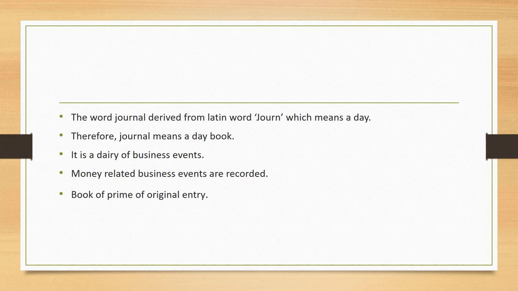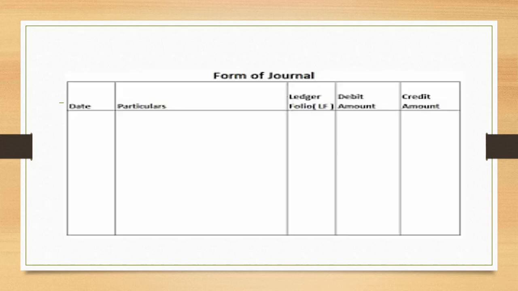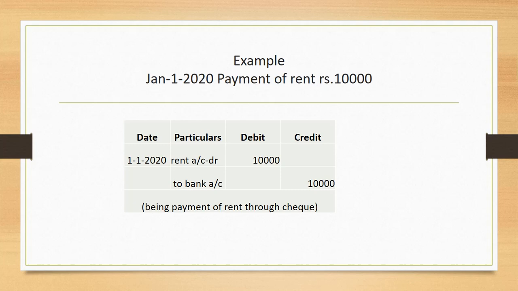It highlights the two accounts which are affected by the occurrence of the transaction, one of which is debited and the other is credited with an equal amount. A short note is given in support of each entry, which gives a brief description of the transaction, known as narration.